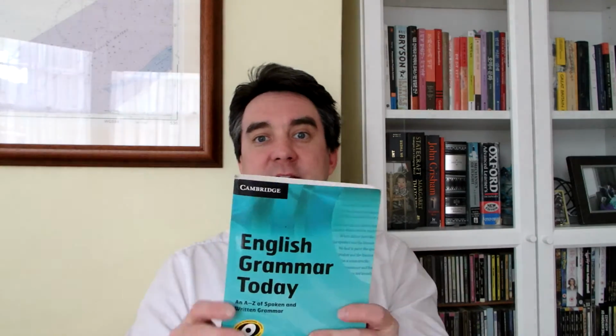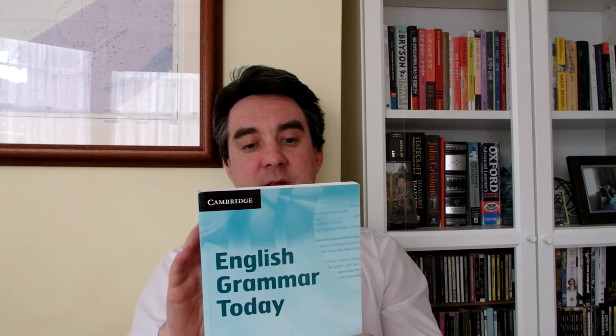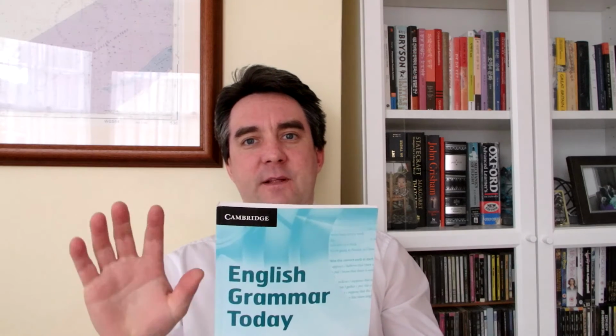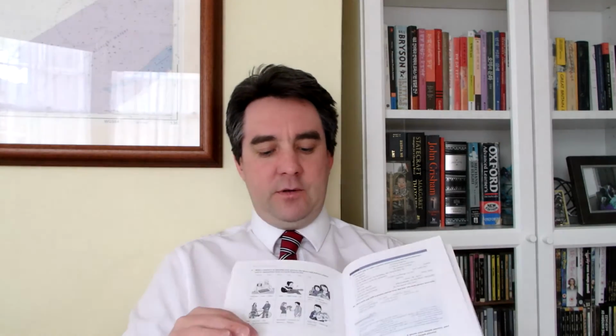What I like about this book as well is you've got basically the structures of the grammar in here, and then you've got a workbook as well which accompanies it, and it's mainly focused for learners, ideally intermediate to upper intermediate, CEFR levels B1, B2, and again it covers every aspect which was in the previous book, and it gives you some inspiration on what to do and how to consolidate and review language in the lesson and make up your own